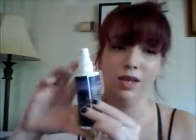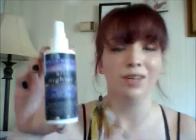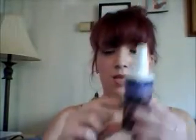It does not take that much. This is their smallest bottle, and this will last me probably a year. Like it's about here right now, and like I said, they've gone through and changed the packaging and stuff like that. I think this bottle I bought